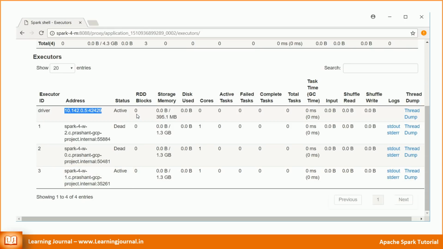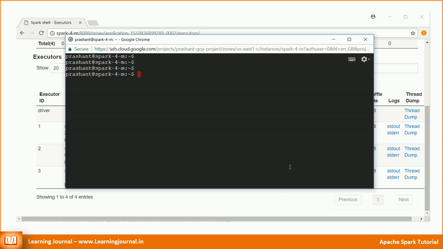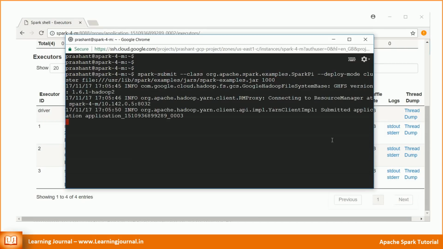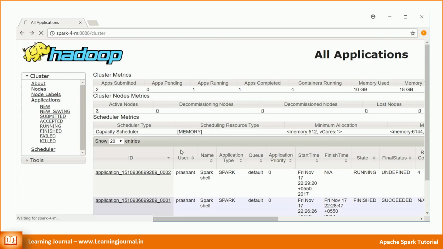Amazing, isn't it? Let's start an application in cluster mode. The command is the same as I used earlier, but this time I'm explicitly specifying the deploy mode parameter. Let's start it. Great, it is running. Let's go and check the UI for this application.